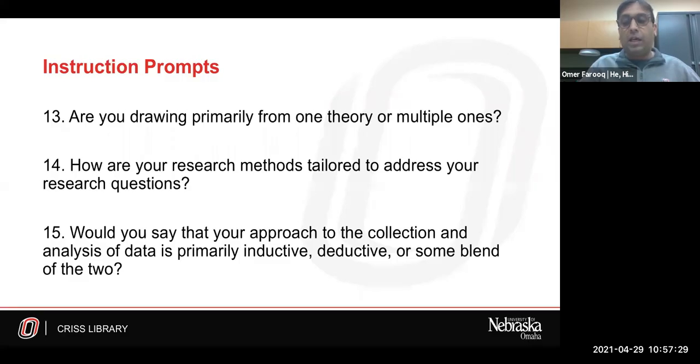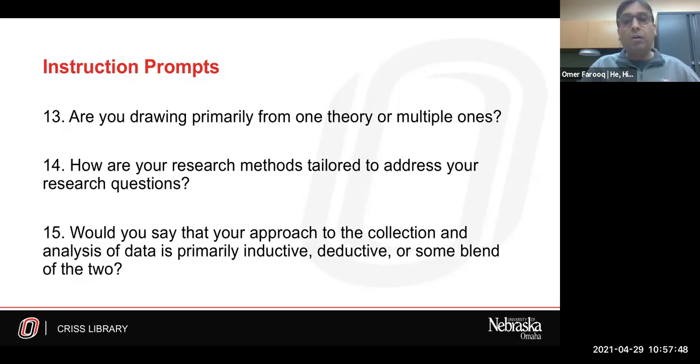If you're framing your questions, a classic example is, what are the lived experiences of graduate students going through the dissertation process? Framing it as lived experiences, that's a very qualitative research question.